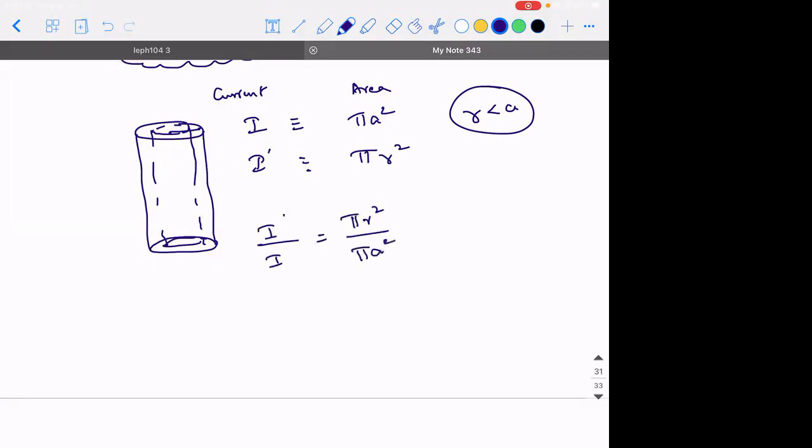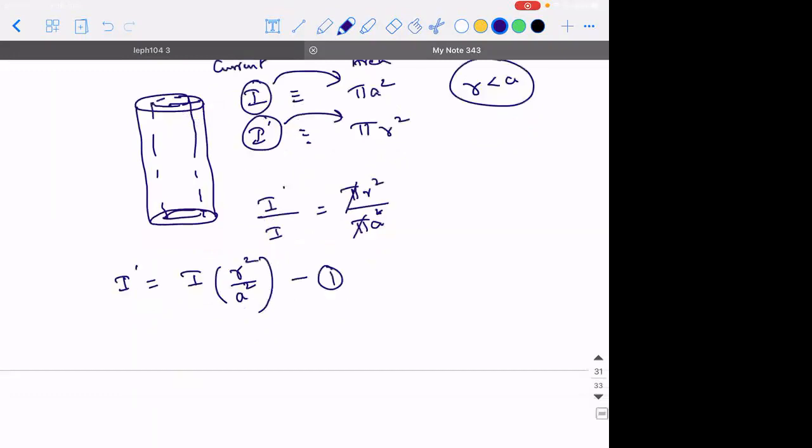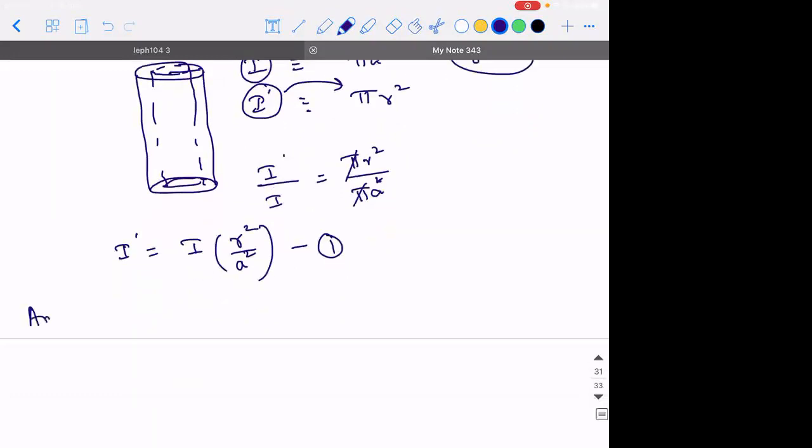Okay, you just cross multiply and write it. They will be in the same proportion. So pi and pi will get cancelled. So I dash will be equal to I into r square divided by a square. Let this be equation number 1. Now I am applying